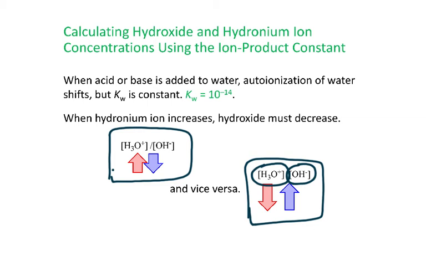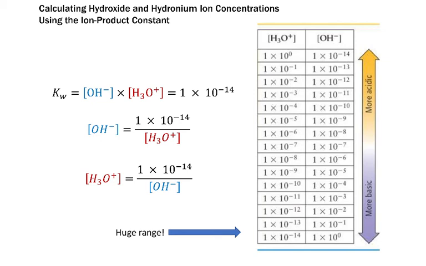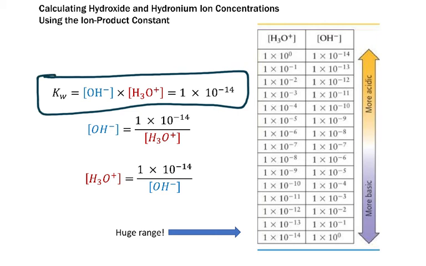And that's kind of qualitative, right? So here's the actual equations. We start with Kw, it's a constant, and it's equal to this product, and then here's the value that it's equal to. So if we wanted to solve for each of these concentrations, right, we can divide by the other one. So OH minus hydroxide concentration would be 1 times 10 to the minus 14 divided by the concentration of